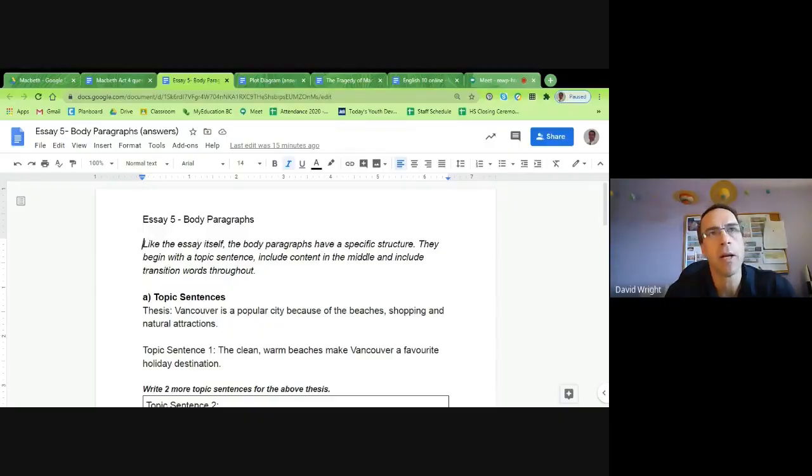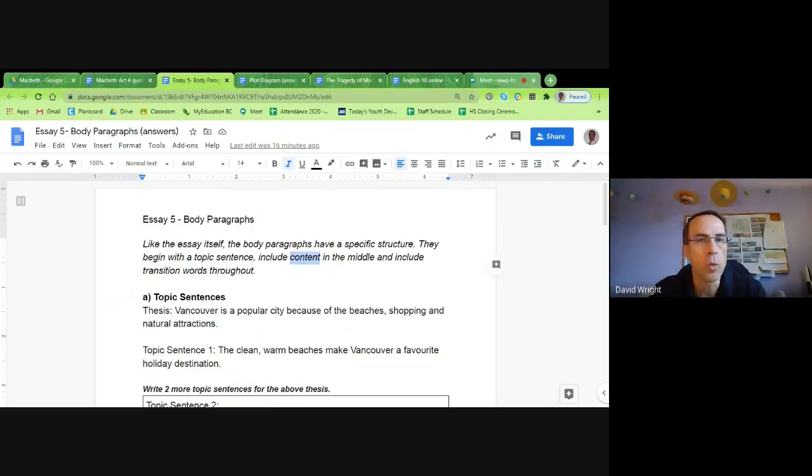Like the essay itself, the body paragraphs have a specific structure. They begin with a topic sentence, include content in the middle, and include transition words throughout. Yes, so those are 3 things we think about. Topic sentence, content, and that's like our,